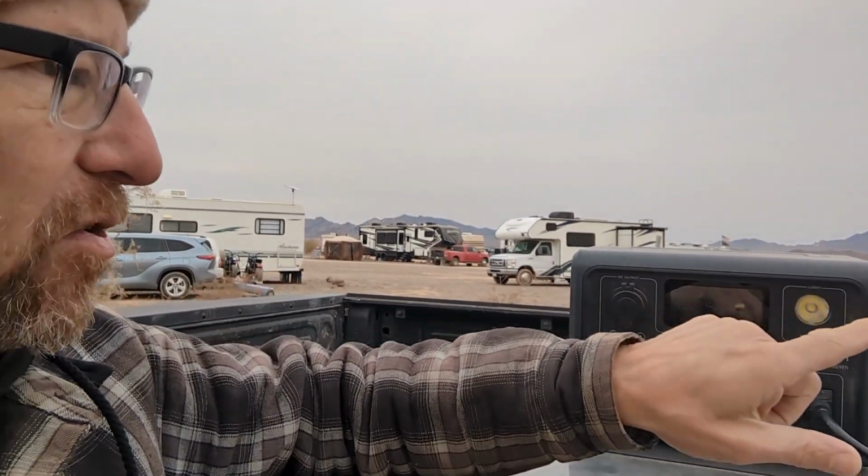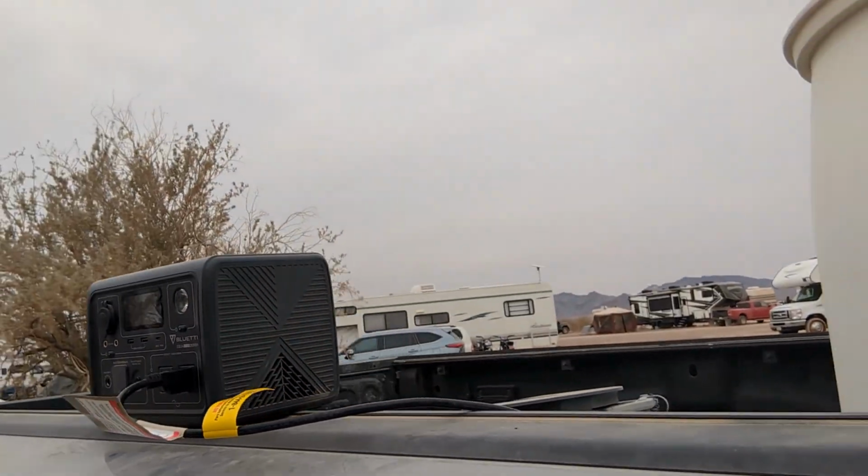EB3A, and it's working great. It's using 241 watts to make that pump work. And it's doing it pretty easily. I set it to power lifting. I didn't need to set it to power lifting. It's taking care of it, no problem. And the pump is now primed and is almost running at full efficiency. So we'll fill Bessie up until she's full, and that way we're using the Bluetti to put water in our